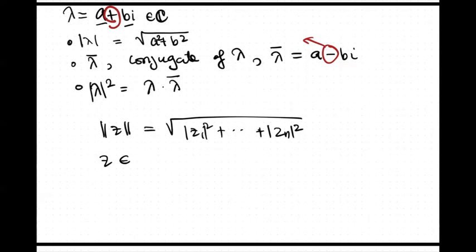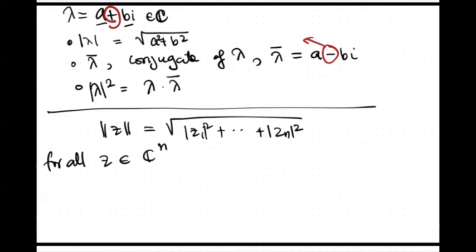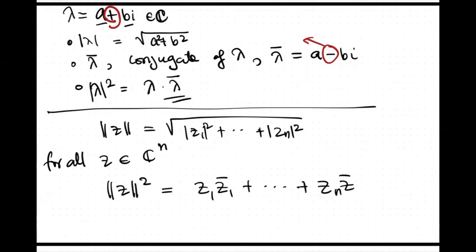Here, Z is in the n-tuples of complex numbers. So this is in the setting of complex numbers. And also, we have the norm of Z squared is equal to |Z1|^2 plus up to |Zn|^2, which is Z1 Z1 bar plus up to Zn Zn bar, from this notion here. So we want to think of the norm of Z squared as the inner product of Z with itself,